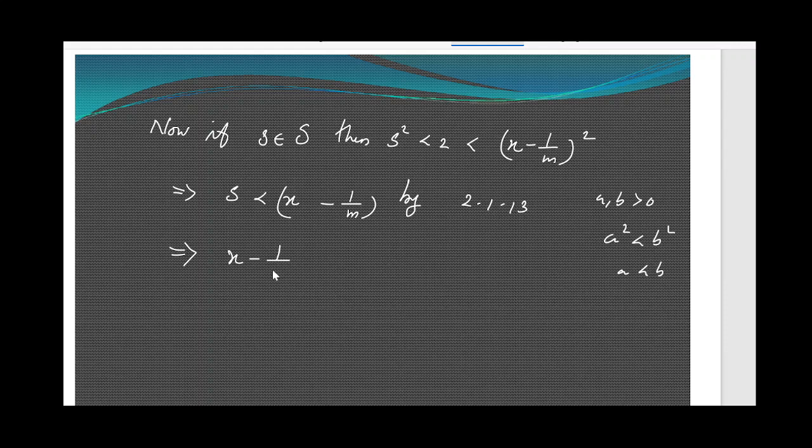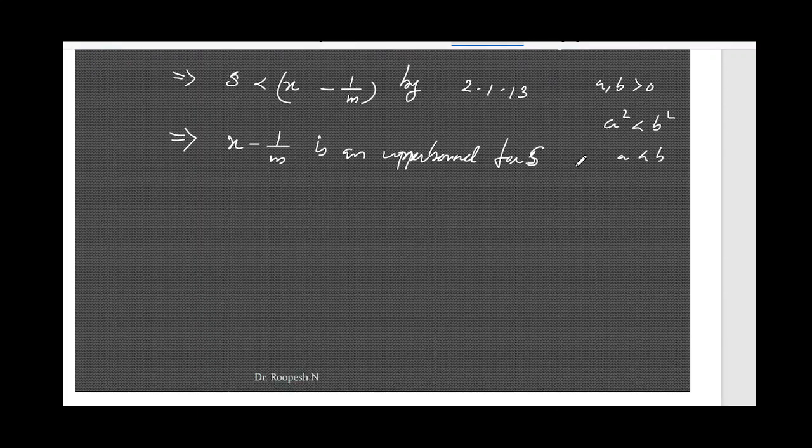Which implies x minus 1 by m is an upper bound for S, for capital S, right? Since we have taken s arbitrary and we are getting that s value is always less than x minus 1 by m, that means x minus 1 by m is an upper bound for S. Now this is a contradiction. Why? We have assumed that x is the supremum. Now which contradicts the fact